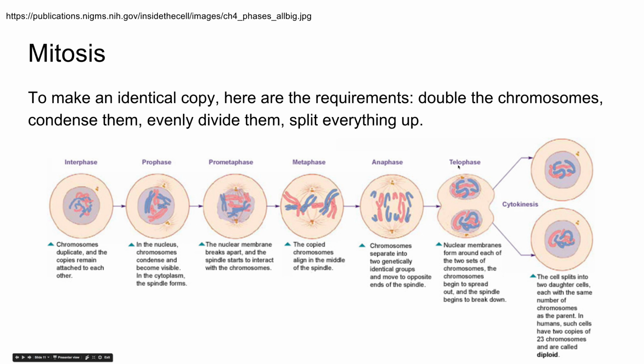Telophase means far away. Cytokinesis is the movement of the cell. So the names actually do tell you what's going on. But what do we do? We take all of our chromatin and condense it into chromosomes that we can see: prophase. In metaphase, if I had to divide up all of these cells, I have to make sure I